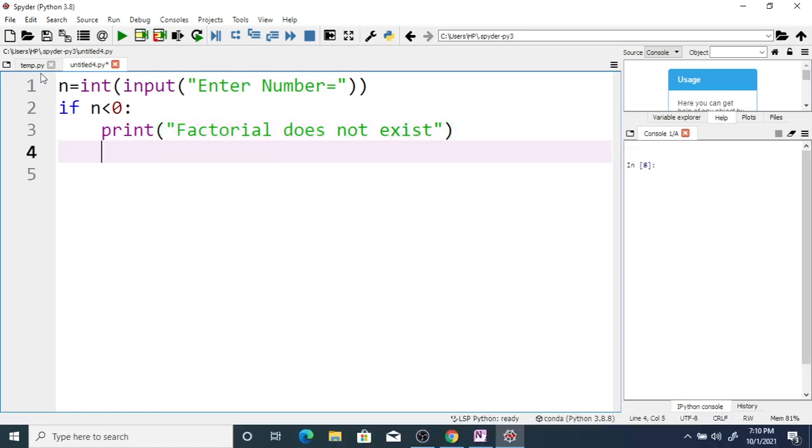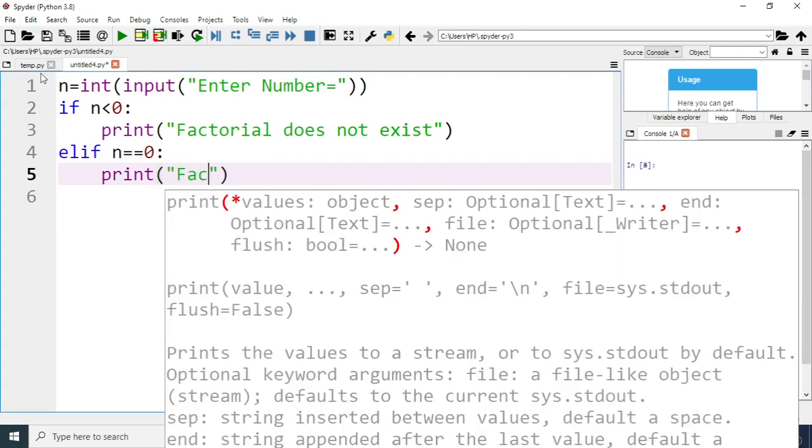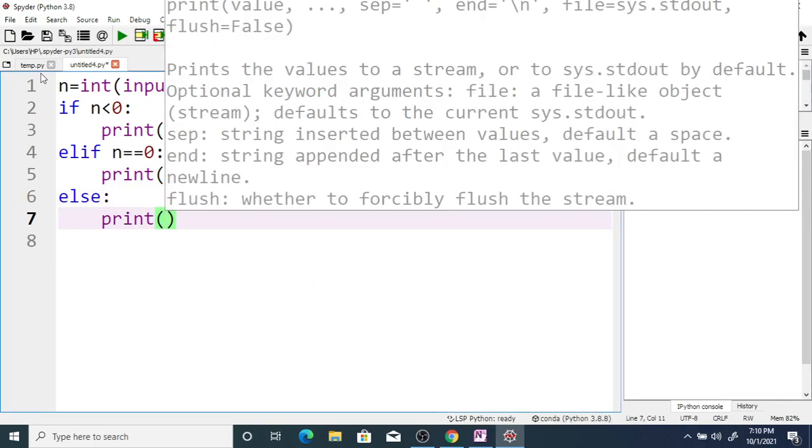exist. Now else if your n is equal to 0, then in that case we want to display print factorial is equal to 1, else we want to print factorial is equal to